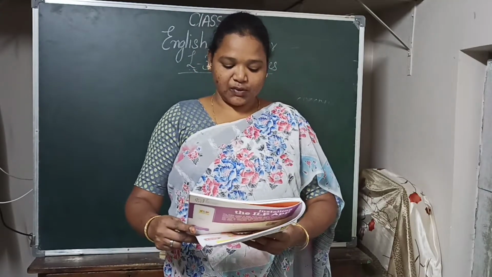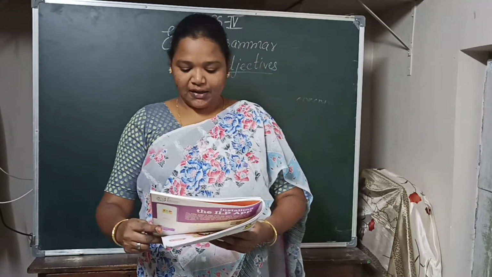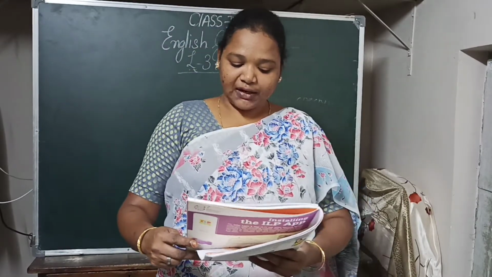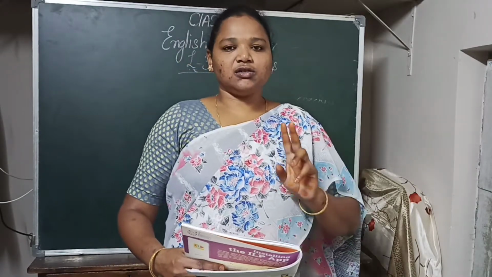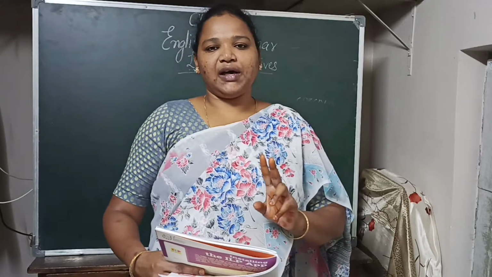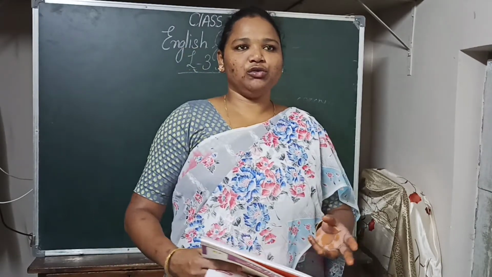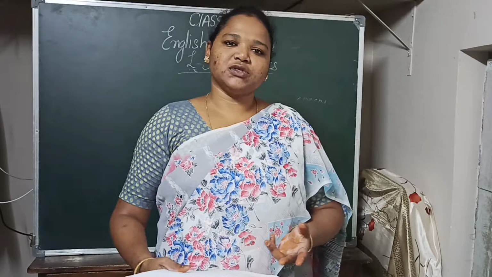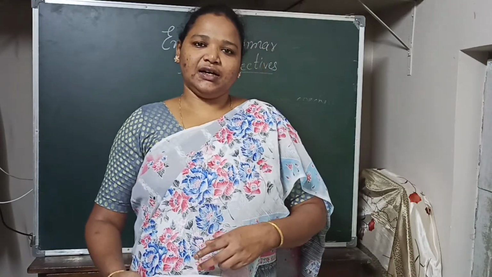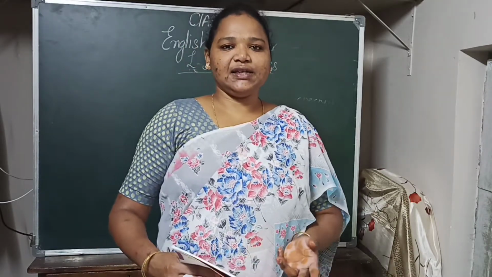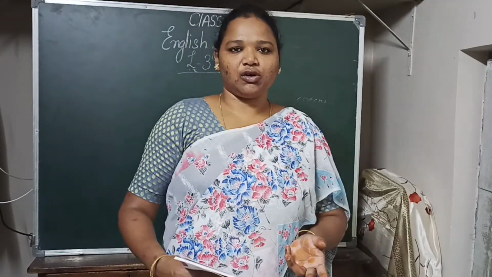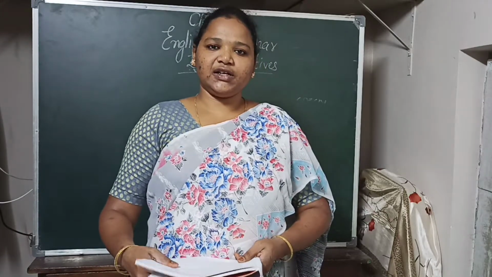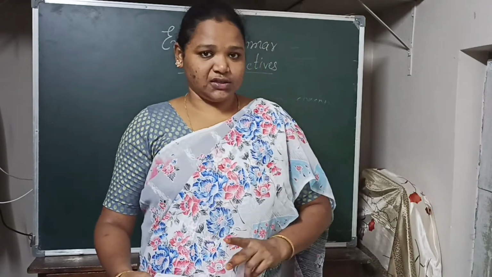Then the next one is when the quality of two things is being compared, the adjective used is in the comparative degree, for example, sweeter. So in comparative degree, we compare two things, like two types of ice creams or two types of chocolates. So this Dairy Milk chocolate is sweeter than Munch chocolate. Okay, so we are comparing the Dairy Milk chocolate and Munch chocolate. So comparative degree is used to compare two things, right?